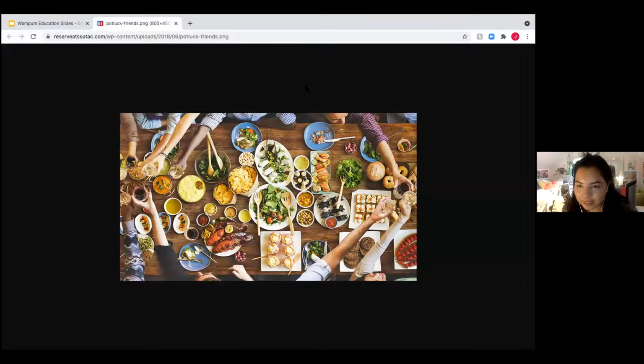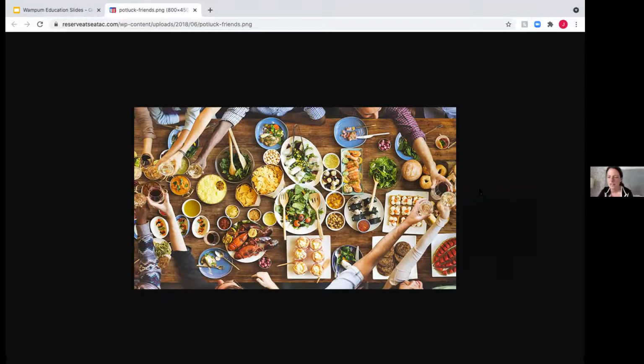So this one is from Stephanie. Does anyone from Stephanie's group or Stephanie want to talk about why this is an agreement? In my group was Carrie Ann and Nisha. I hope I'm saying your name right, Nisha. Nisha, it was her idea about a potluck. Did you want to speak to it? Yeah, sure. I'm happy to.